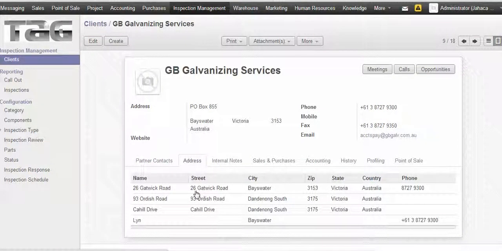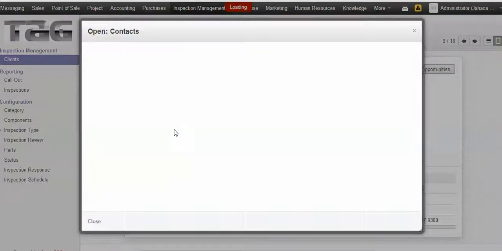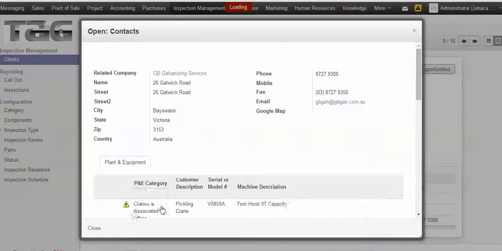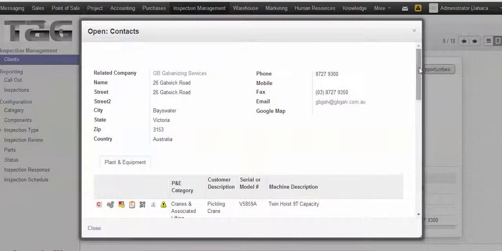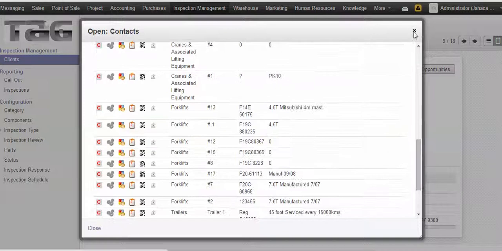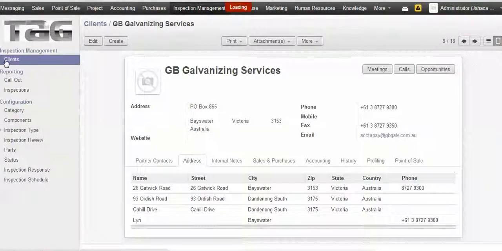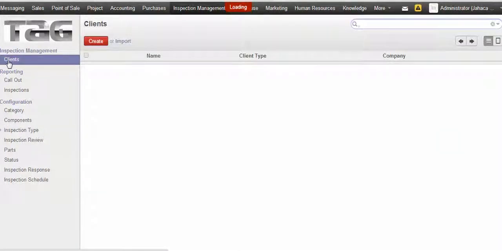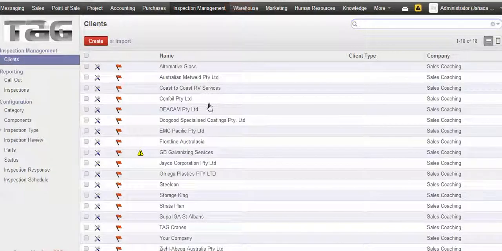If I click on an address, I can see the multiple equipment down below, which is right. If I come back to here again, one particular company that I'm working with and quite enthusiastic to get finished is Frontline. So if we go into Frontline there,